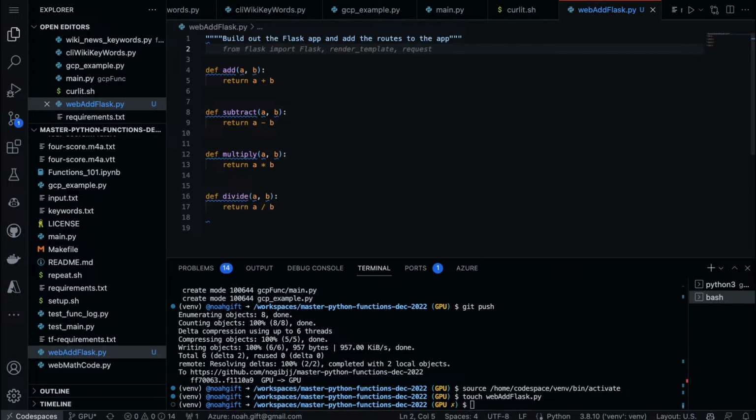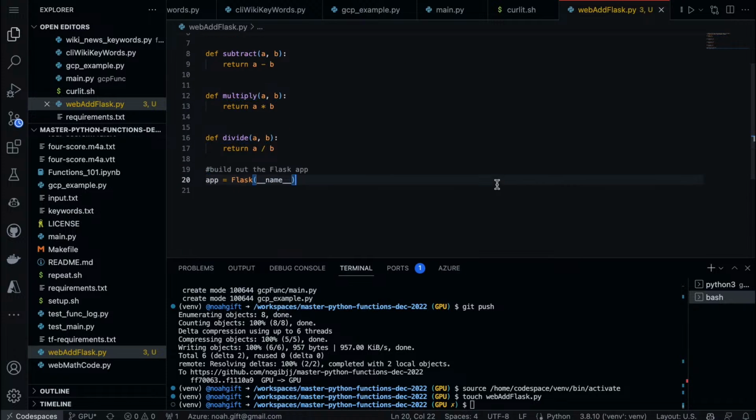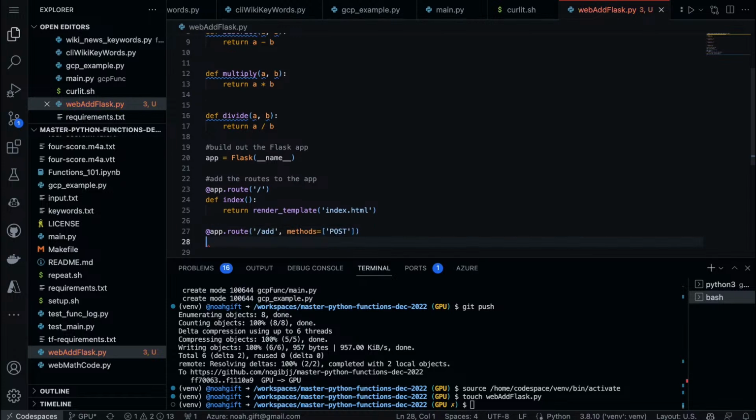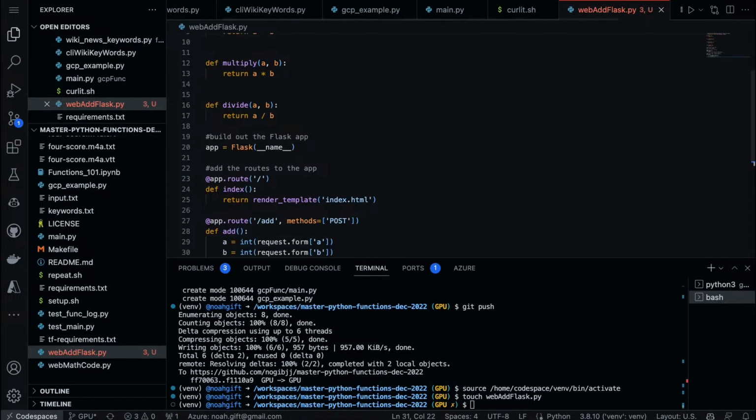From Flask. There we go. And then we can say build out the Flask app. There we go. Add the routes. Let's see what we can come up with. Post method.